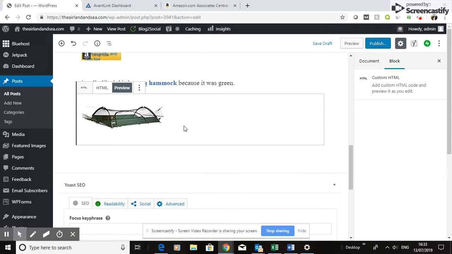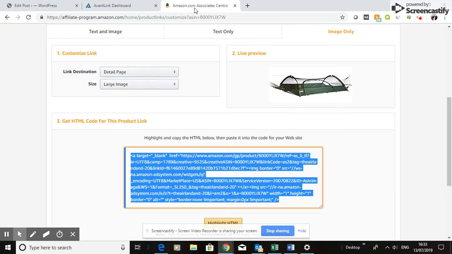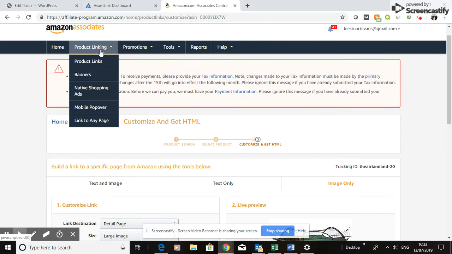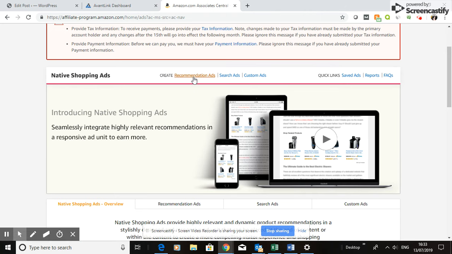The final thing I want to show you is generally only for the US, I'm afraid. At the moment it's not showable for the UK, but we'll come back across here. They have a thing in the US, which I suspect the UK will get soon, called native shopping ads. And the idea with native shopping ads is a clever little widget on Google, because they spy on you with Amazon and Google, is that